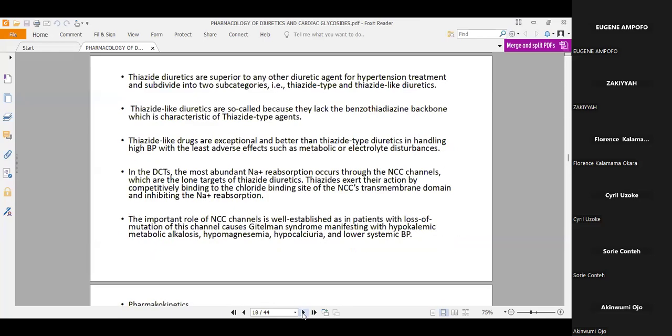So thiazide diuretics, the thiazide-type diuretics, and the thiazide-like diuretics. The thiazide-like diuretics are so-called because they lack the benzothiadiazine type structure. So for the thiazide-like,